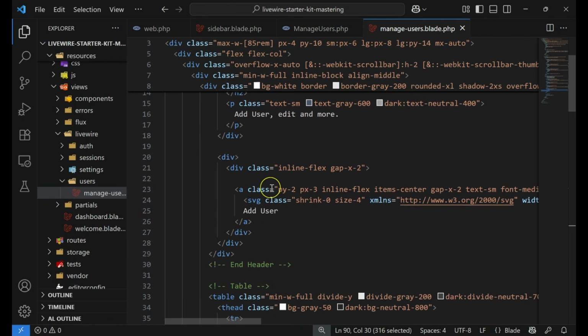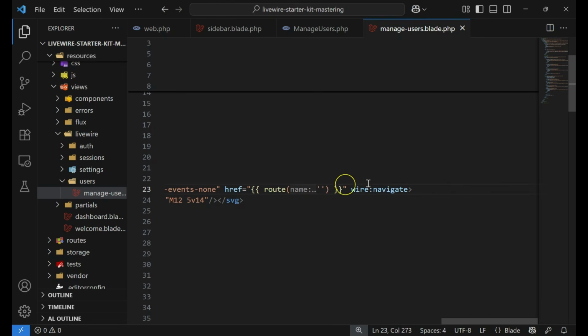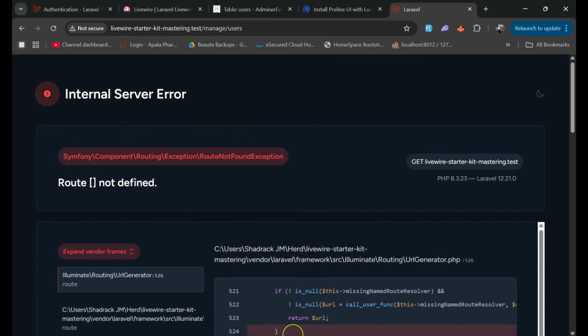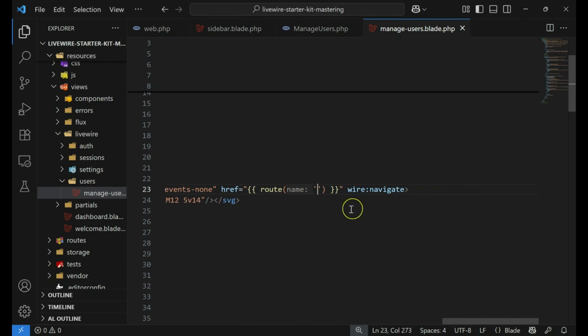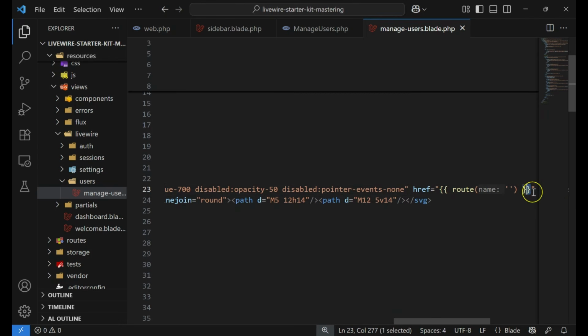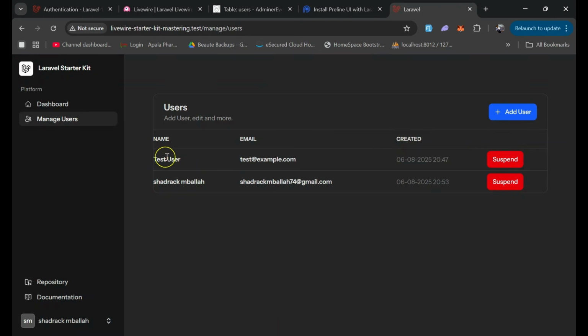Okay, I believe that happens here on this. Yeah, so let's remove this one because we don't have any route for adding new users, and I will not show you how to add a new user. So basically I'll just show you how to suspend those users. So I'll just remove that. Just remove that method, and now this will work fine. And now you can see we have the list of users that are found on our system right now. So you can see this is the button, but it doesn't have anything, and